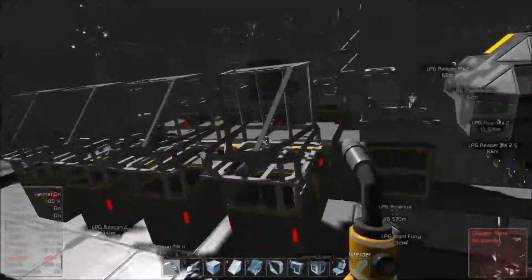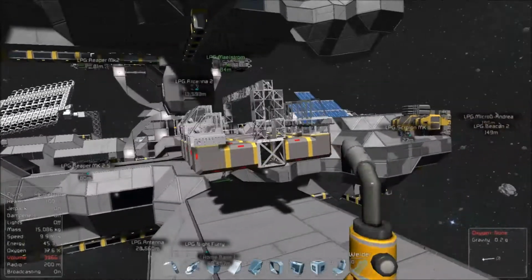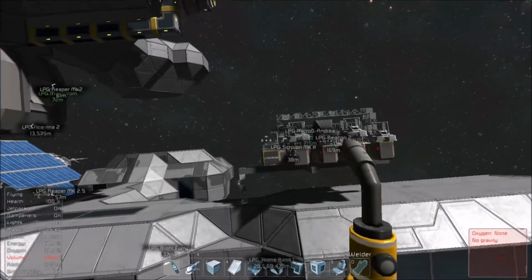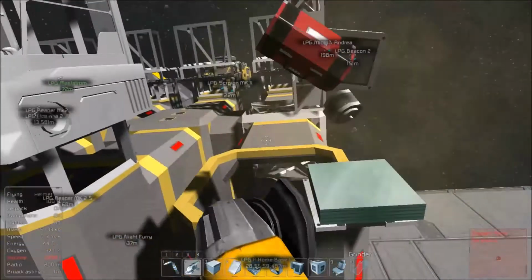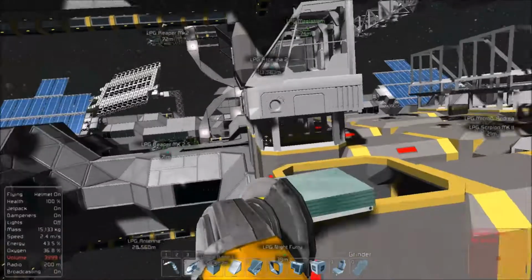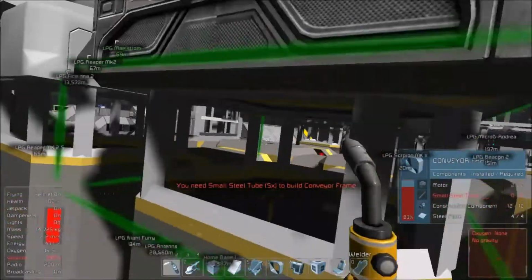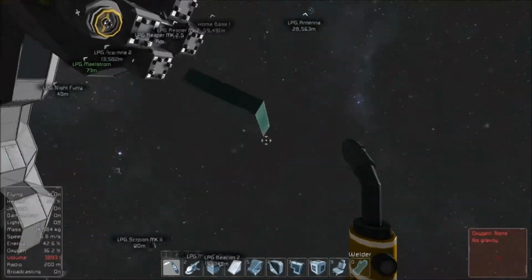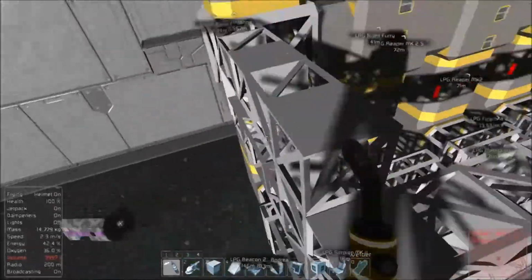Alright. That's looking pretty cool. Oops, missed one. I'm going to leave that one down. I'm going to leave that one where it is. No! What do I do about this? Why are you guys floating away? There's no gravity. That's...